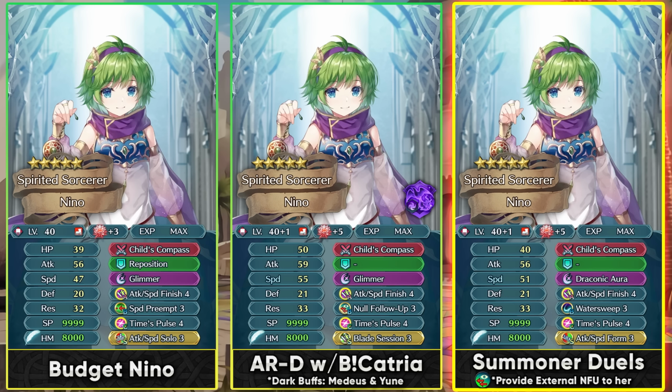good because most of the distant counter far save tanks are going to be dragons who run the distant counter dragon sacred seal, so you can just provide the external null follow-up to her pretty easily with like infantry speed tactic Katria or with Desert Linde, and she is going to be able to function really well with a 3 movement essentially, and just Water Sweep the dragon opponents and trigger Draconic Aura on her second hit. So Draconic Aura can definitely work out, but Luna is also going to be an option that you can try